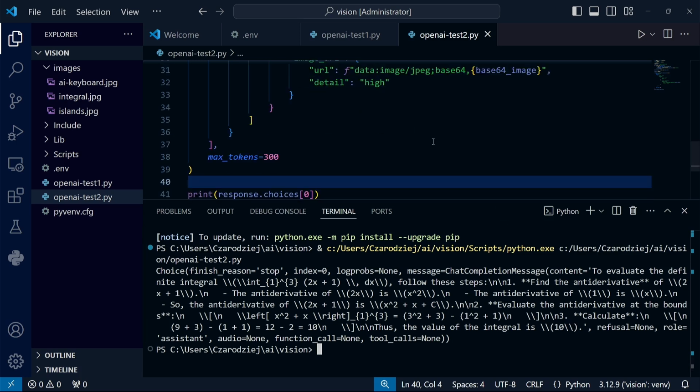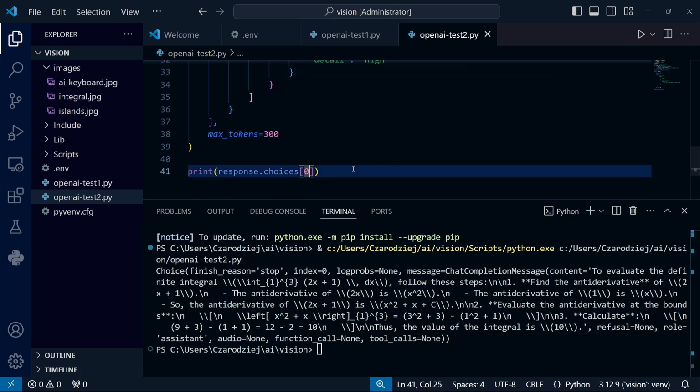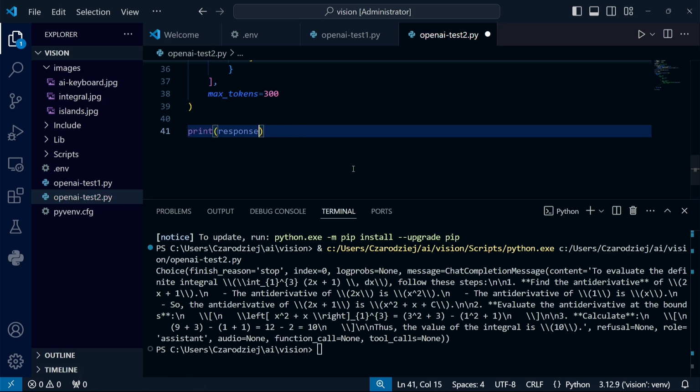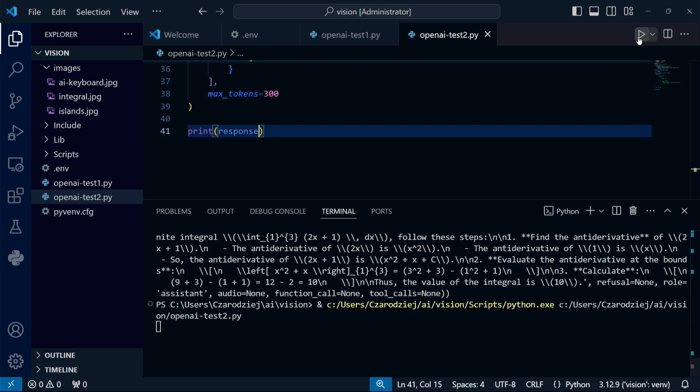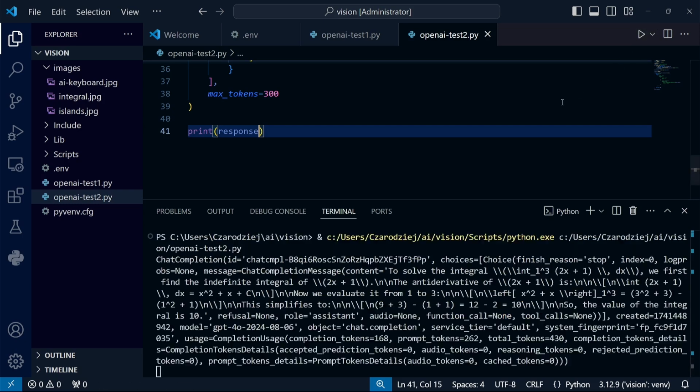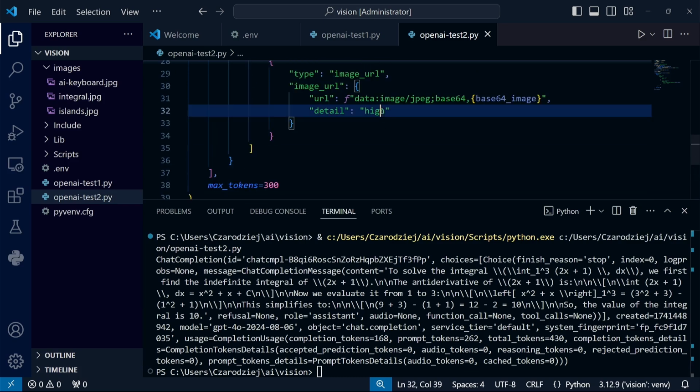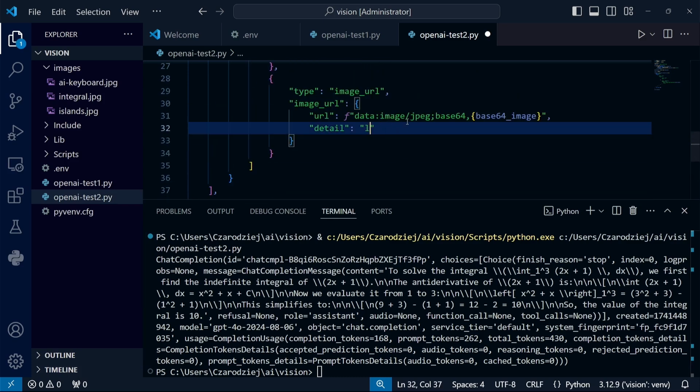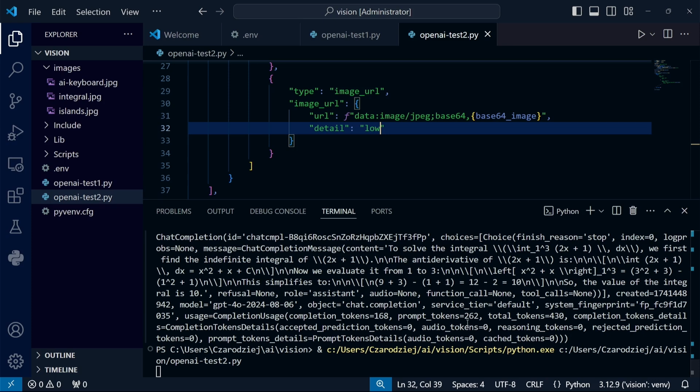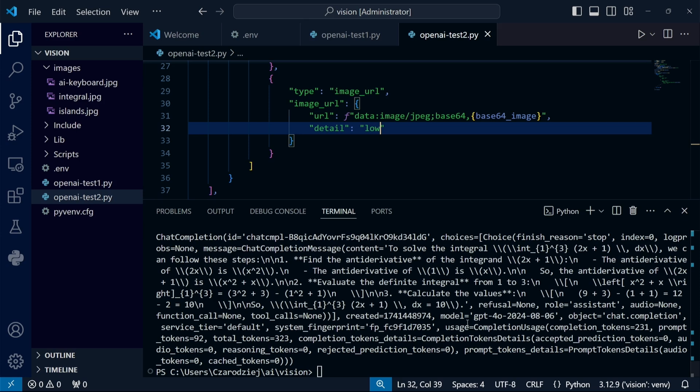But honestly, I wrote out a bit too little, because what I wanted to show is the number of tokens used. Therefore, I will expand this object a bit by printing out the entire response. Okay, that's exactly what I meant. The most important information here is that we use 262 prompt tokens by sending our query, the main part of which is the image. Let's now change the level of detail to low to check if the number of prompt tokens actually decreases. As you remember the earlier considerations regarding the use of tokens by images, you probably know that we expect something only slightly larger than 85.